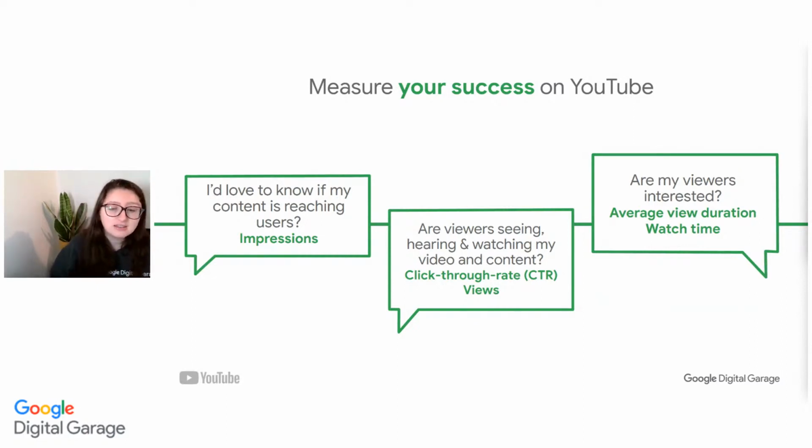Now we can look at things like our average view duration. It's going to give us that estimated average of minutes that have been watched per view on a piece of content. Great. But we've also got the measurement of watch time, which is going to chart how long viewers have spent watching your content as a whole. It's going to give us a sense of which pieces of content that we've uploaded viewers are actually watching, as opposed to videos that they click on and then abandon when they realize, this content isn't necessarily what I was looking for.